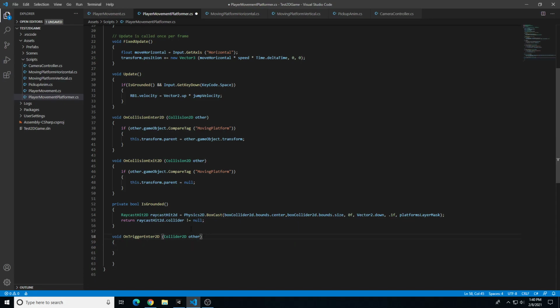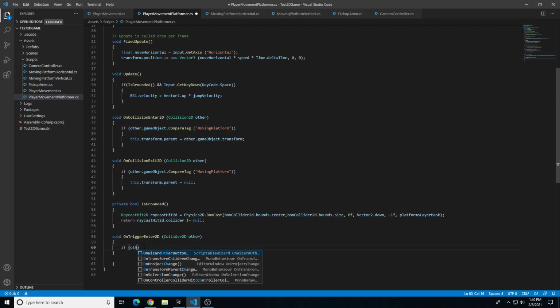And there. All right, so OnTriggerEnter, open parentheses, Collider2D other, which is going to mean when triggering the collision of another object, do something. So when the player collides with something else, it triggers that other object, and it does something. So we need an if statement. So if, open parentheses, other.gameObject.CompareTag, similar to what we did up here in the